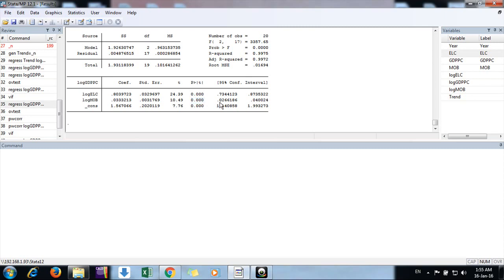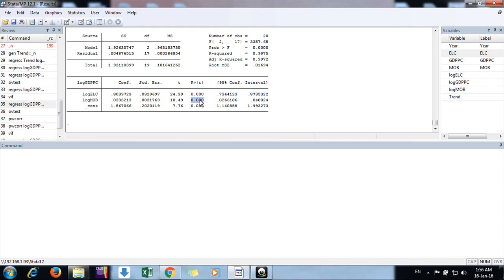So here, the way to identify multicollinearity is, number one: when our R square is quite high but individual coefficients are not significant. But here that is not the case, because R square is very good, the overall model F value's P value is also very good, and individual coefficients are also significant because their P value is less than 0.05. So there are no chances of multicollinearity or collinearity.